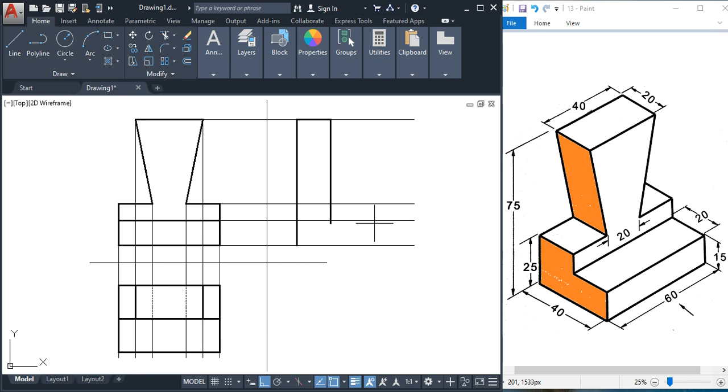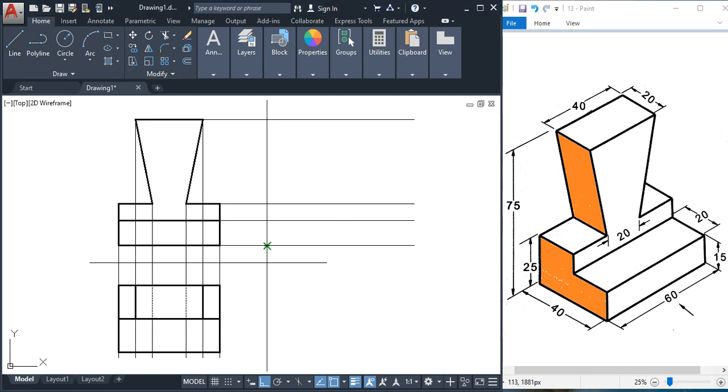So 50. So this is 25, means can come up to here. Or otherwise, first of all we'll draw this one. This is 40 by 25. This like L shape we will draw here.